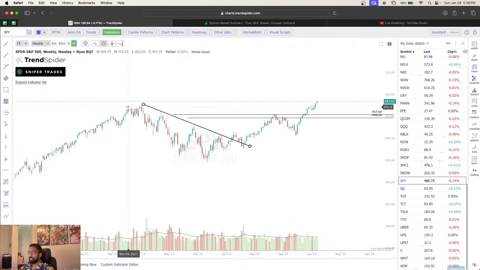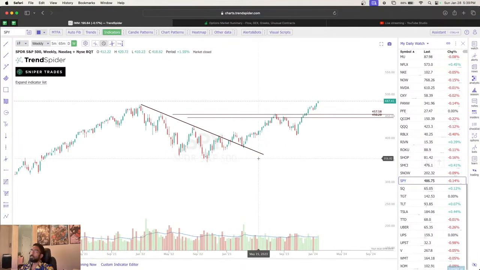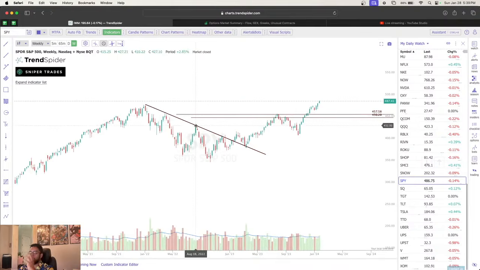But then if you can cleanly draw a nice little trend line like that, right? So one thing before I go into the details about drawing this trend line: one thing I kind of hate about drawing a trend line, and I see it happen quite a bit, is that you either use the wicks, like these wicks, or